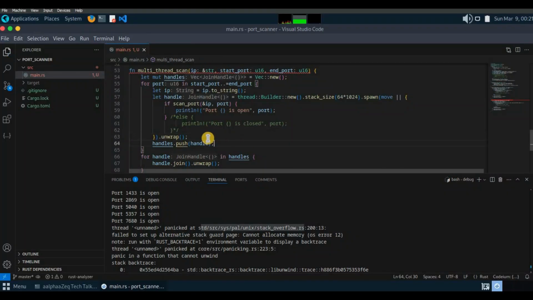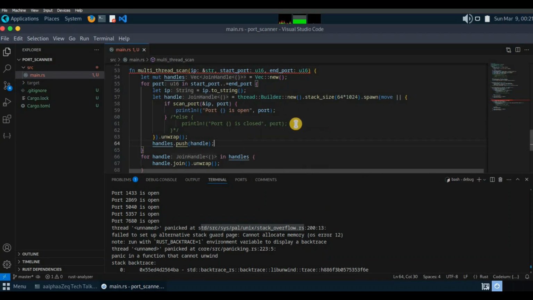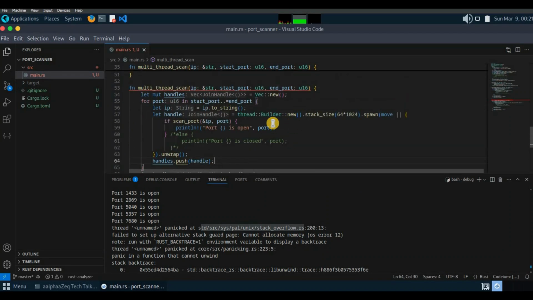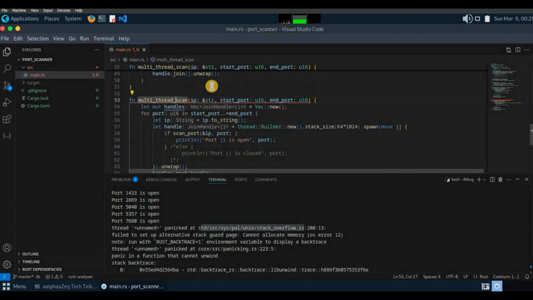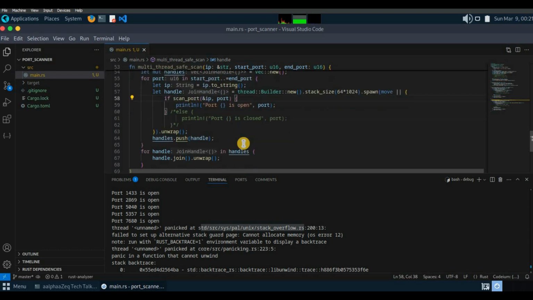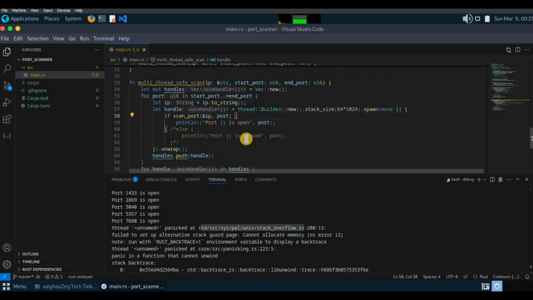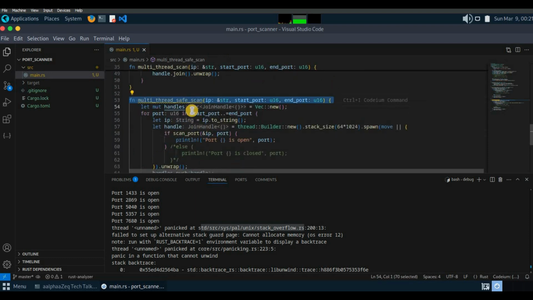So, did I make the mistake? Let me check why it is... Oh sorry, it's the same name, multi-thread safe scan. So it should be working without any crash, even if you say the number of ports are really high. So I think this one will work. Let us call this function